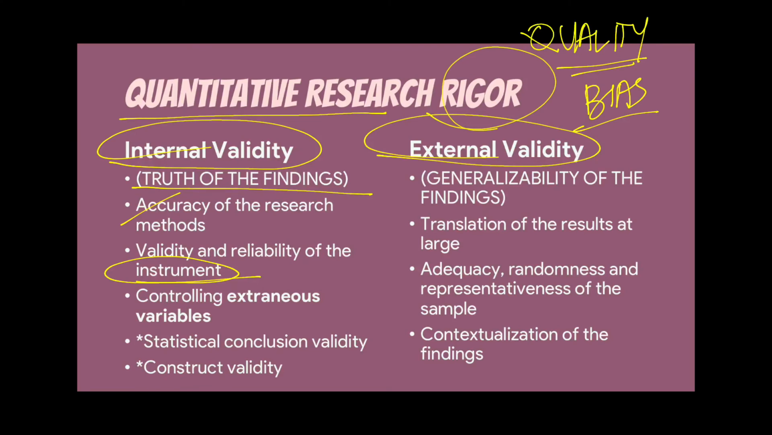And then, of course, there should be a way for you to control extraneous variables. Extraneous variables can be environmental or social contexts that you can or cannot control, that can affect the measurement of your independent or your dependent variable. Like for example, when you're measuring pain, there are certain people inherently who have higher pain thresholds compared to those who have